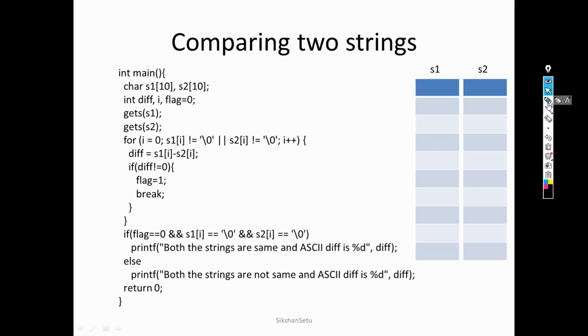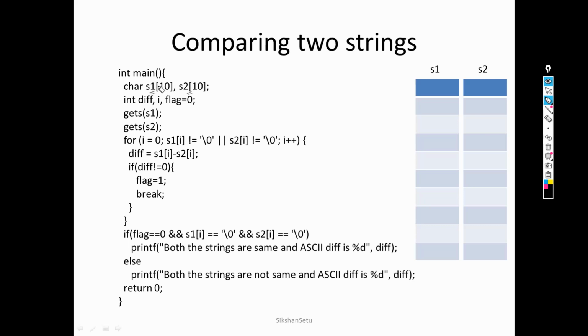Now here you can see the code available. What I have done is created two strings. In C we don't have the concept of string as a data type, so a string is considered to be a character array. Here you can see that we have declared two strings, s1 and s2, as character arrays. s1 can hold 10 elements, s2 can hold 10 elements, both of character type, and we know that a character array, or collection of characters, is considered to be a string.